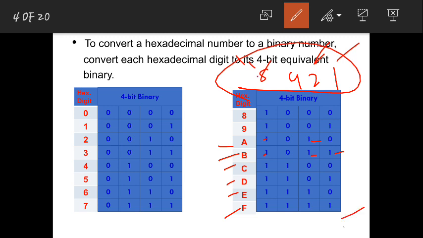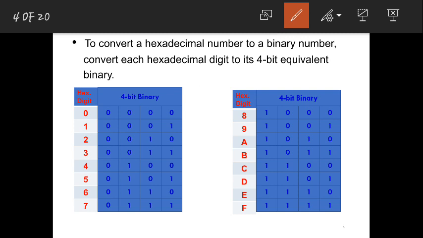Okay. Is that fine? So this is represented in binary format. I am representing it in 4 bits equivalent way. If I wanted to write more, I can add just zeros to my left side. That doesn't make any sense, I am unnecessarily just adding space for that. Because if I add more zeros, it will take more memory, right? So to represent hexa, these 4 bits are enough to represent in binary.